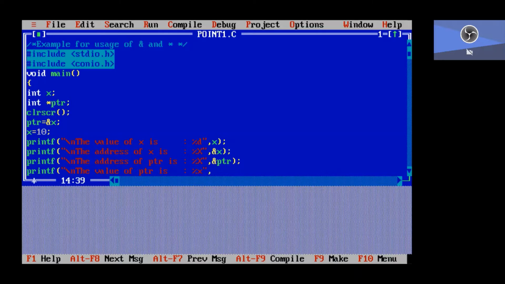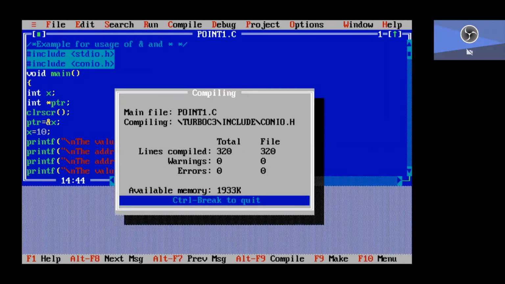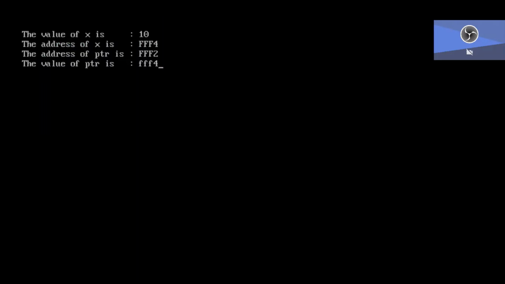The ptr value and the address of x are the same. The address of x is FFF4, and the value of ptr is also FFF4. So both have the same values. The address of x is the value of ptr.